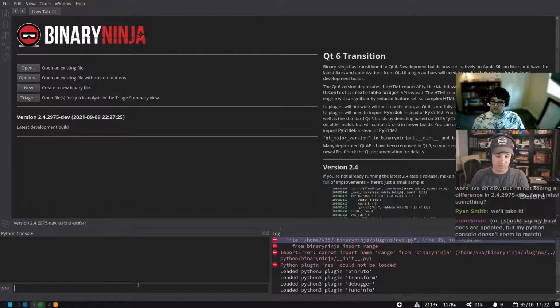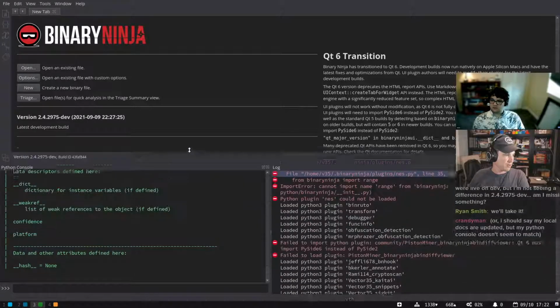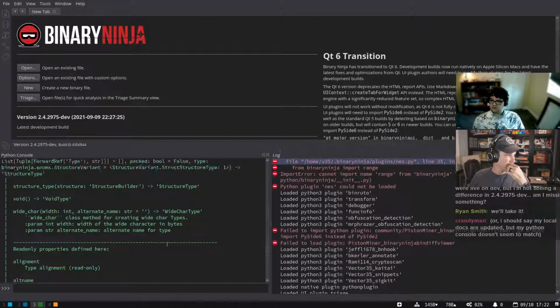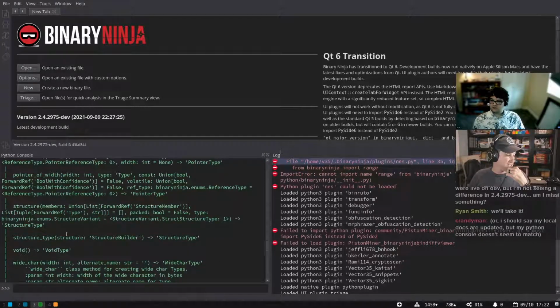What's a good test for this? I'm trying to remember what were the good changes to check for in the new API. Well, that's the important bit. You see a bunch of type information, so we've definitely got the new API.